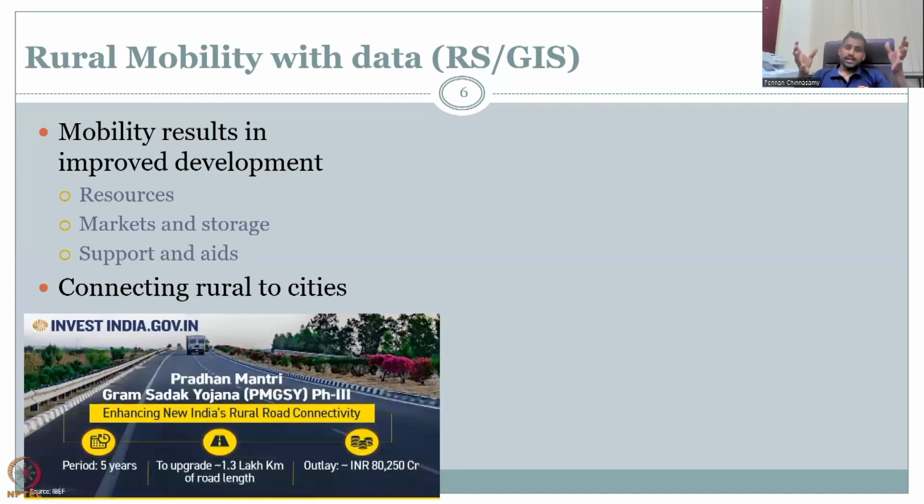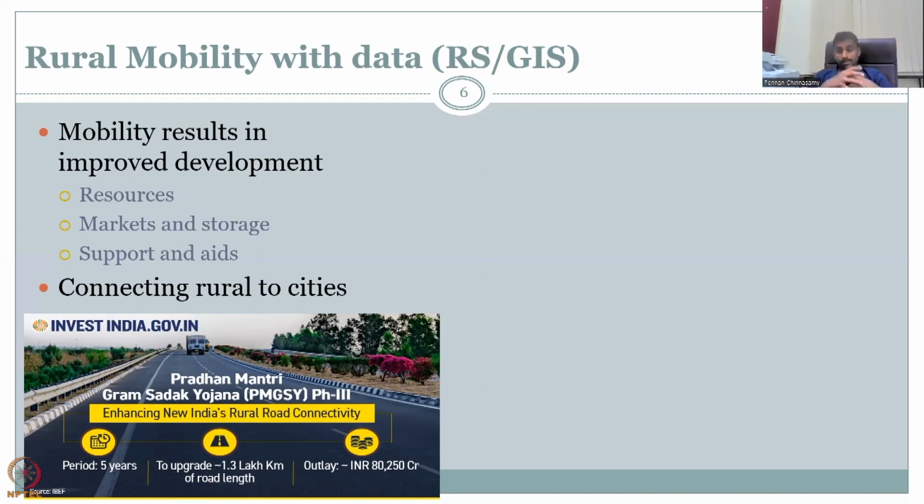So all this needs connecting rural to cities, vice versa. Cities to rural or rural to cities, both are same road. You don't put one road, right? So both ways, the government has understood this. Invest India is part of the government wing, and they have said that more and more roads will be introduced in the Pradhan Mantri Gram Sadak Yojana, PMGSY, phase 3, where it focuses on enhancing new India's rural road connectivity. They vision India to be